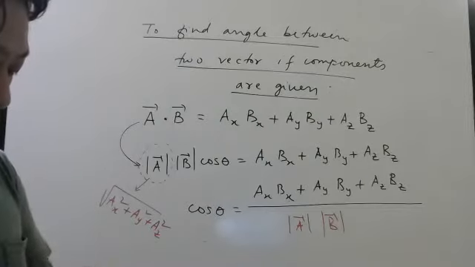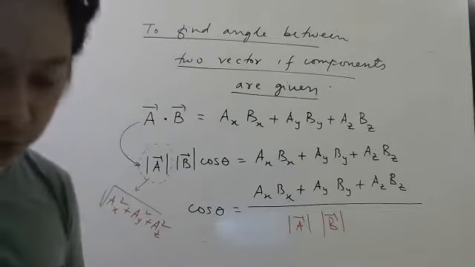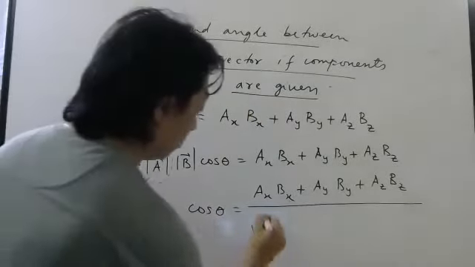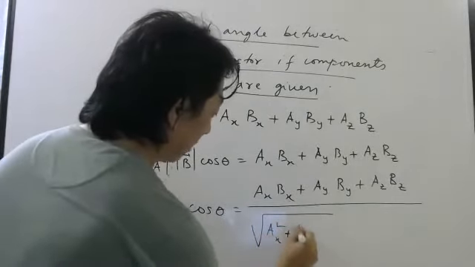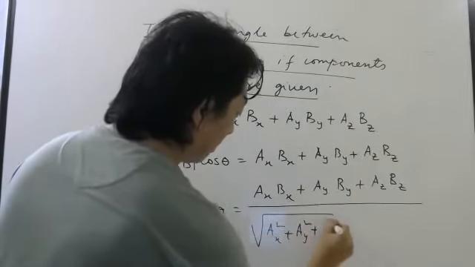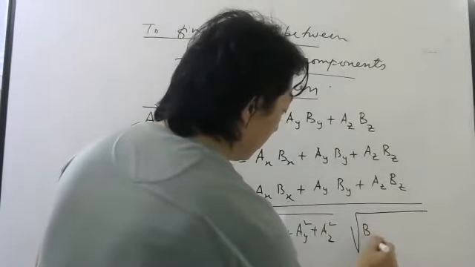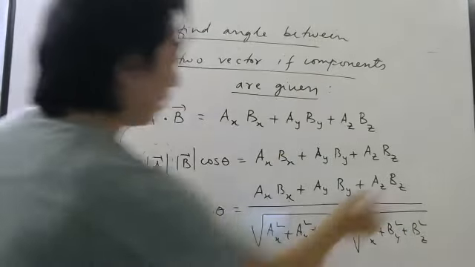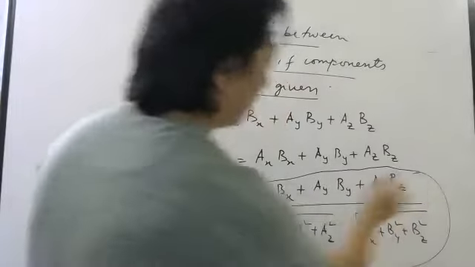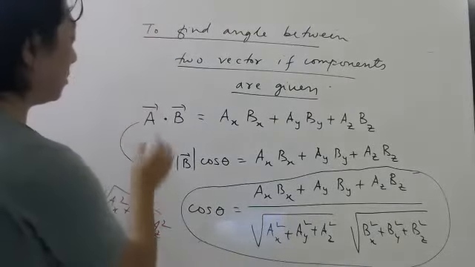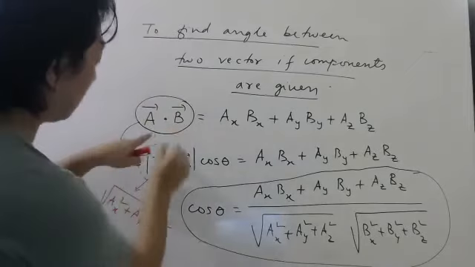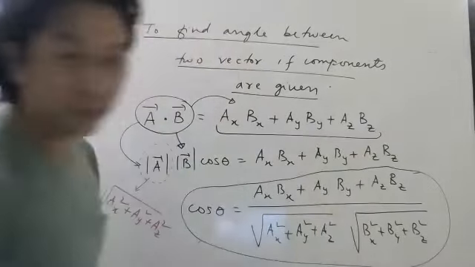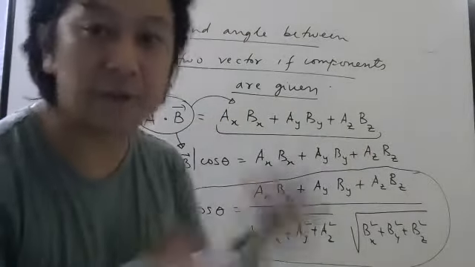Okay. So at the end, you can write this if you want. You can drop this two, and then you can write here root over AX square plus AY square plus AZ square, and here root over BX square plus BY square plus BZ square. Now don't try to memorize this. It is a very big formula. How will you memorize? Better to just remember that dot product is given by this definition, and dot product can be written this way also if you know the components. Correct? So just find separately, then find the angle.